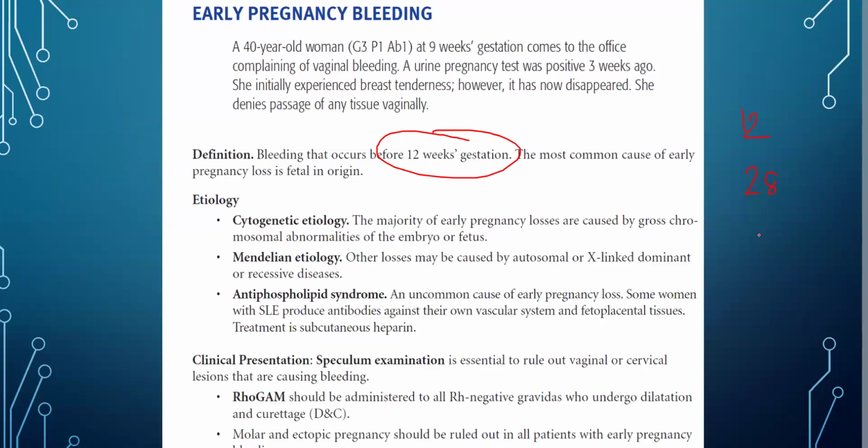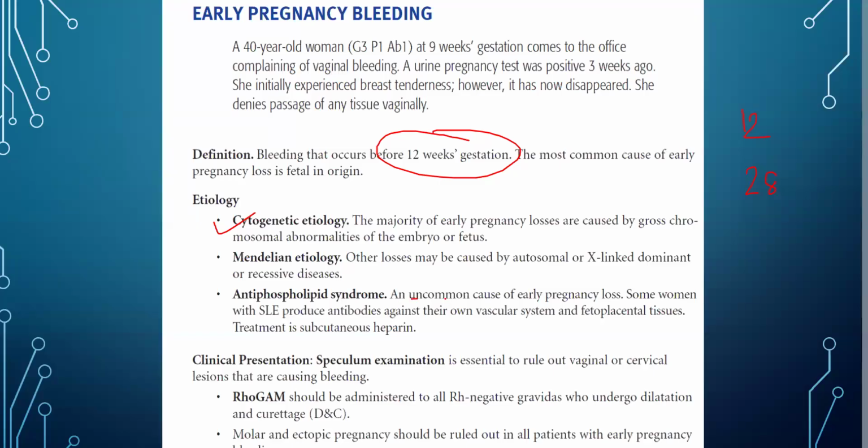So what is the most common cause of pregnancy loss or miscarriages in first trimester? So this question comes in exam a lot. So if the question says, what is the most common cause of recurrent miscarriages in the first trimester? The main cause of recurrent pregnancy loss is chromosomal abnormality. Okay, so chromosomal abnormality will be the most important or most common cause.